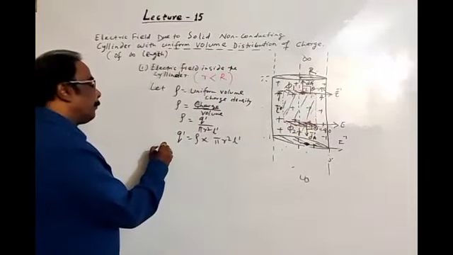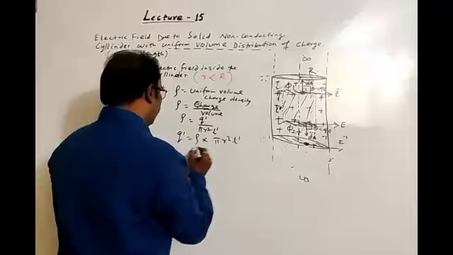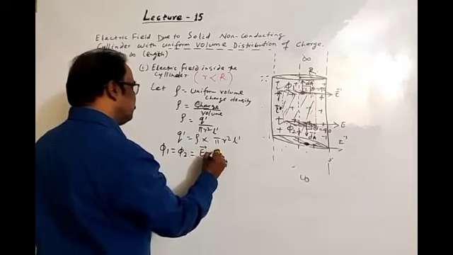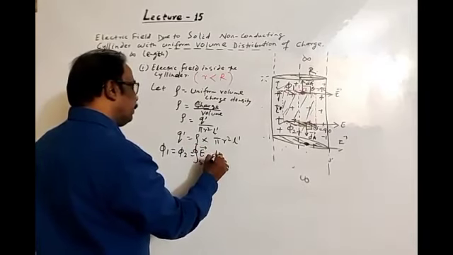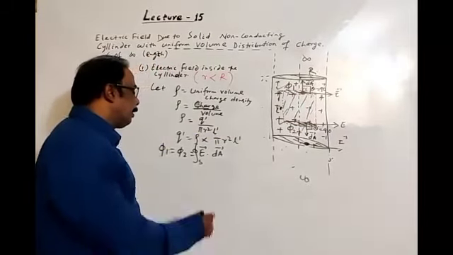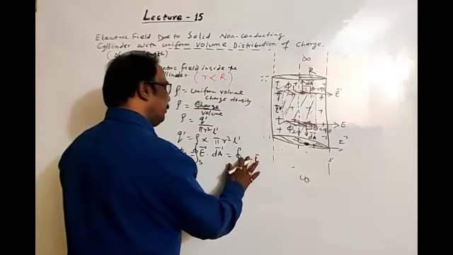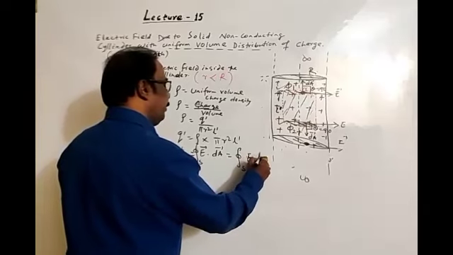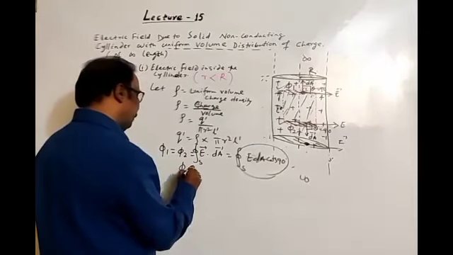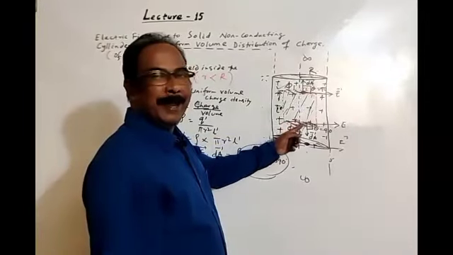And as we know, flux for these two surfaces, phi 1 is equal to phi 2, which equals the surface integral of E dot dA. In both cases, the angle between the electric field and the elemental area vector is 90 degrees. So this is the surface integral of E dA cos 90, which is 0. Thus phi 1 is equal to phi 2 is equal to 0 for these two cross-sectional areas.